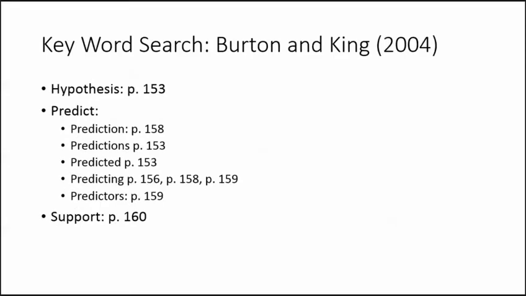Searching the Burton and King article for the signal words does generate a number of matches. Keeping in mind that we're interested in the results helps us narrow our focus to results on page 156 and later, where the results and discussion section are located. Skimming the section with the sentences where the results were found, though, does not add to what we found in the discussion.